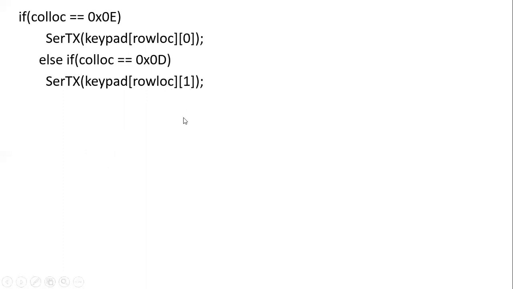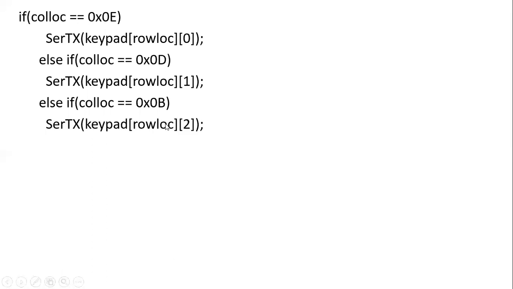Then what value will come out? 1 will come out, isn't it? So similarly, we check for every column value with corresponding row locations. Then we'll be able to access the required key, isn't it? So else, then we'll go for the last one, which will give us the keys from the third row.